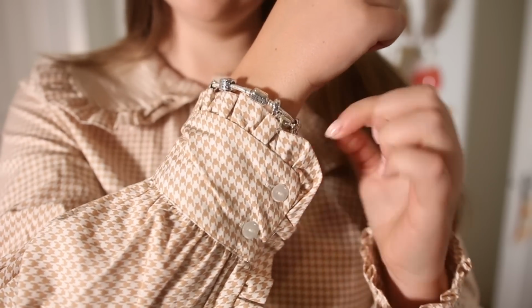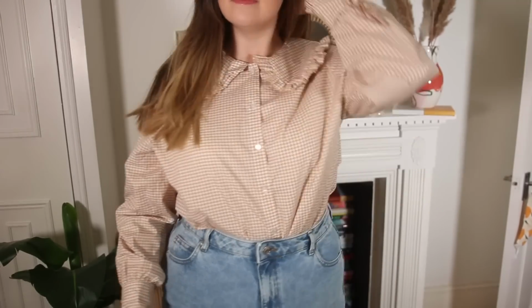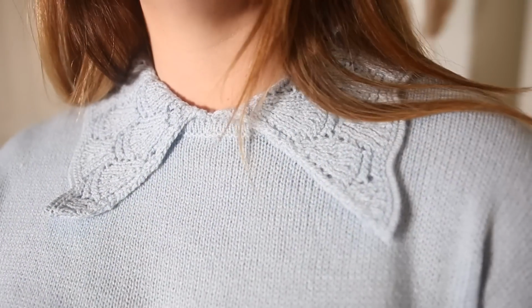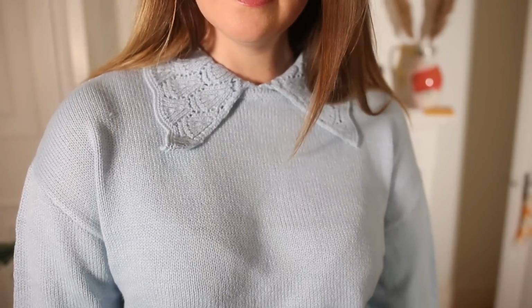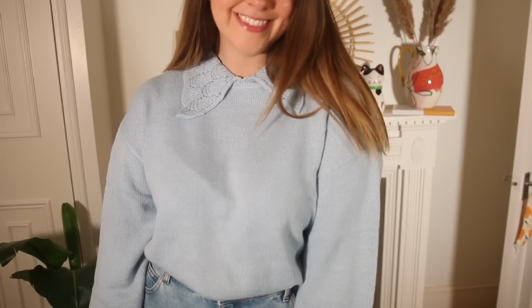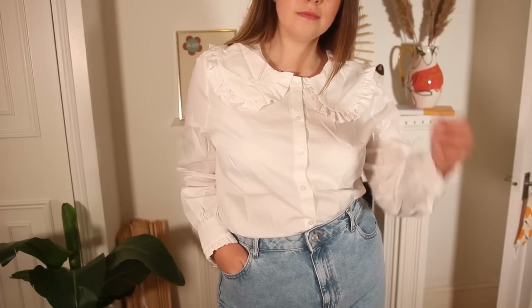And if you're a bit like me and always trying to think about what you're going to get the most wear out of, what you're going to keep for ages, big collared shirts are a really great shout, because you can wear them in the summer with denim shorts, which is one of my favourite outfits ever. That was one of my favourite holiday outfits last year. I loved wearing a big statement shirt with denim shorts,